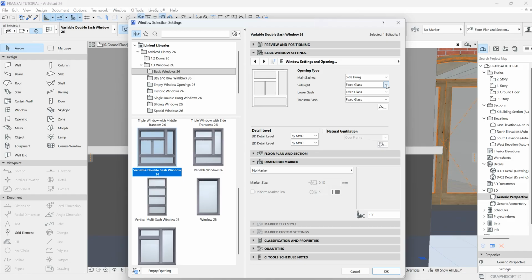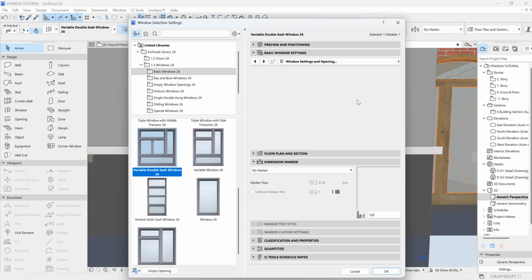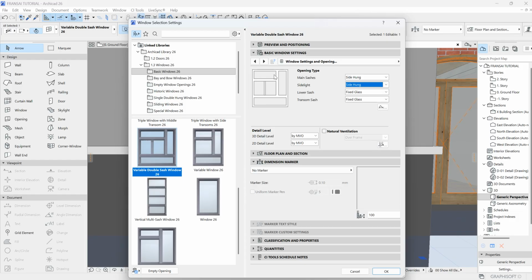Then we can see the fixed glass, which is this side. You can see the lower sash, which is this side. And we can see the transform sash, which is this side. And they are all fixed glass. You can equally change them to side on, okay, the side light, which is this particular side light that I've